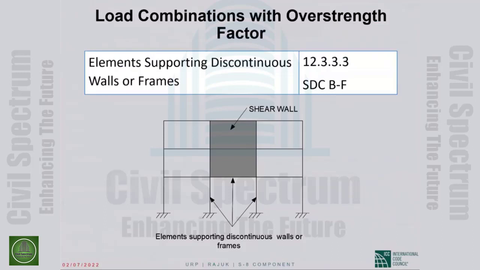supporting discontinued shear walls. That is a simplistic way of saying, actually the code says structural members supporting stiffer elements or something like that, more generic. Elements supporting discontinuous walls or frames. That's the language in ASCE 7. Okay. So